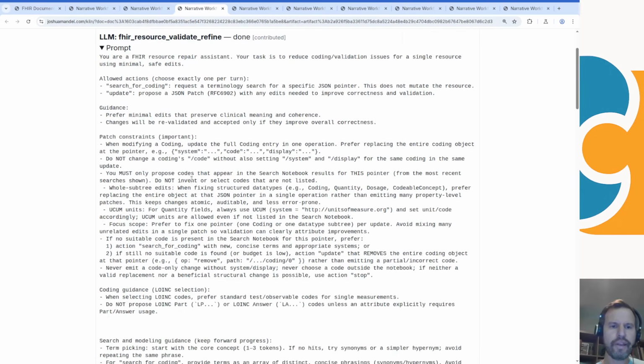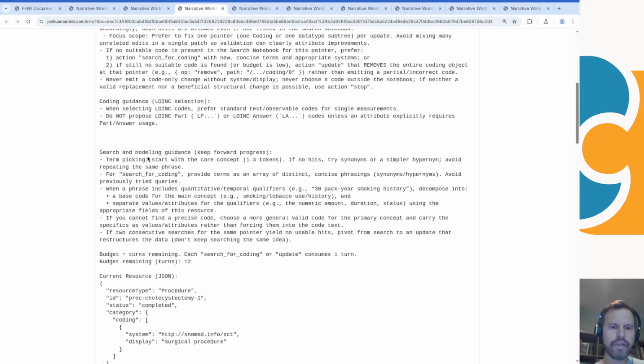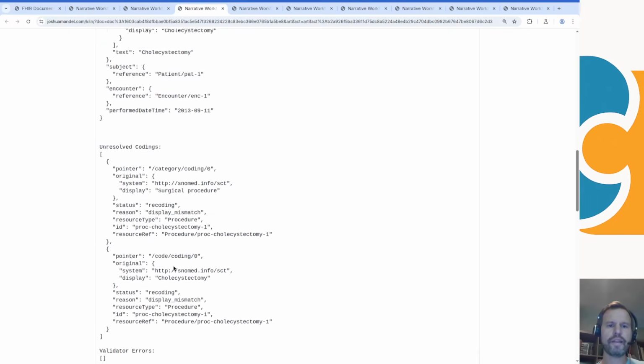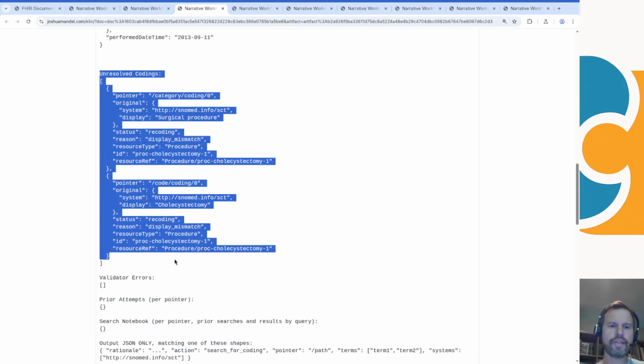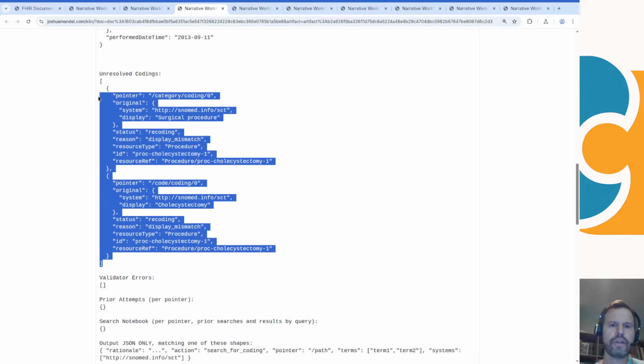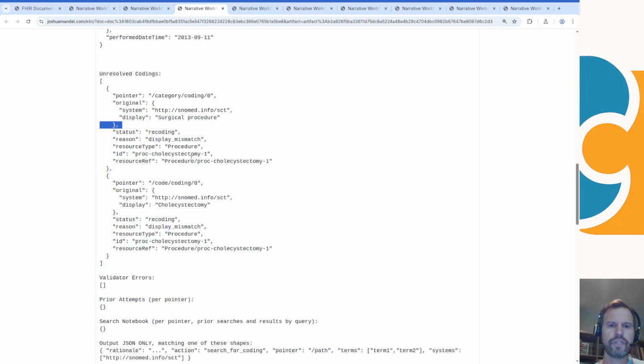But if we look at this prompt that we use in the refinement pipeline, you're going to see we've done a couple things. We have provided the current resource and also provided a list of codings that looked wrong and any validation errors. So we actually produced valid FHIR in terms of the structure, but we didn't have a good coding for surgical procedure or a good coding for cholecystectomy. There, of course, is going to be a SNOMED code for it, but the language model does not know these